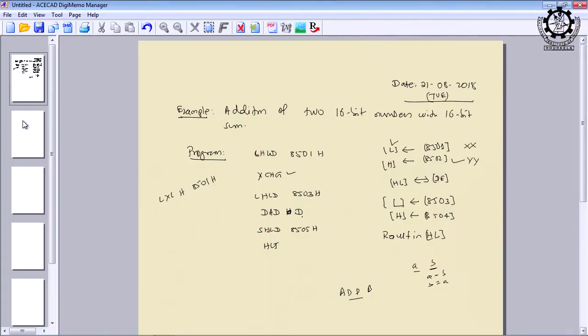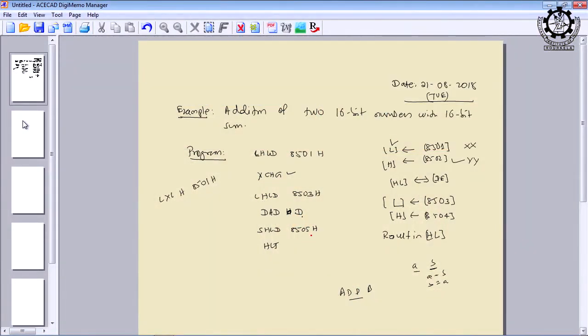Therefore, store HL content direct in the memory location starting from 8505, and we need two locations. So, by default the next consecutive location is 8506. Is it okay? So, now you can see that the result which was in the HL register pair will be available in two consecutive memory locations 8505 and 8506.